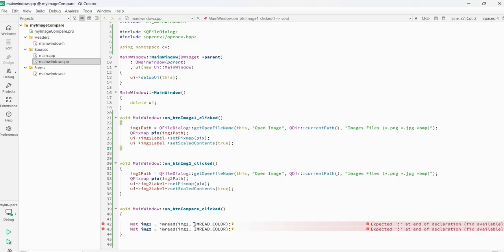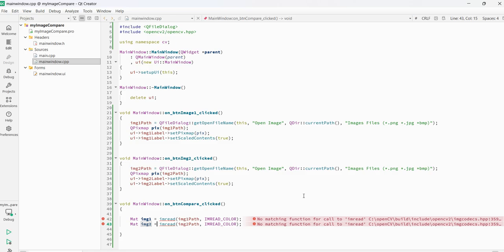I'll change the variable name here also. Oh, it should be equal to. So we have these two functions, and now